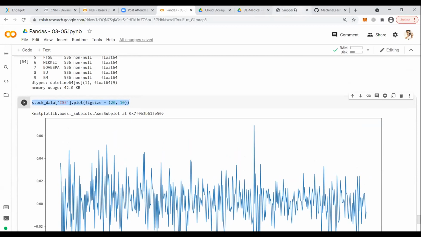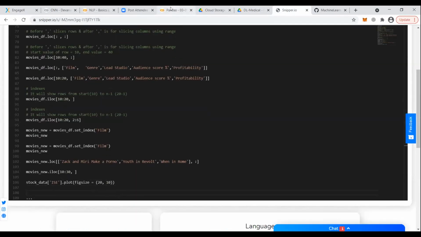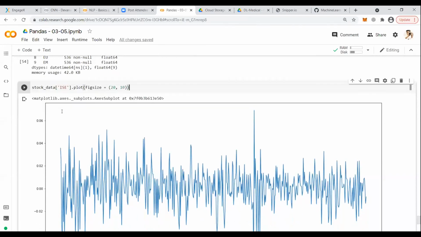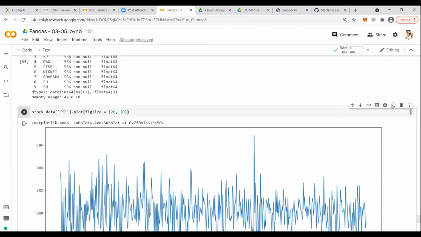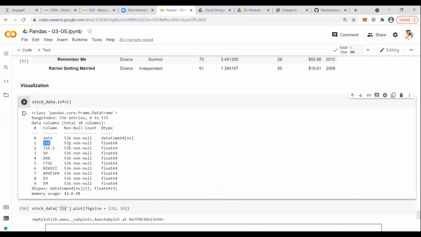Plot means line plot, simple. So this is a simple line plot that we are doing with a figure size of 20 cross 10. 20 is your width and 10 is your height. Sir, what is this ISE, the first parameter? Column name. Okay. From stock data, the column name ISE.